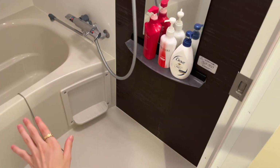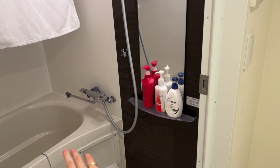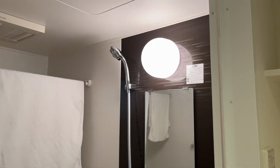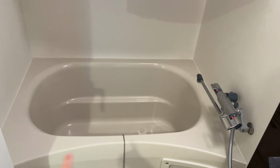So that's the setup that they have at the onsens, or the public hot springs where you take a bath. And yeah, I recommend it. It's an interesting experience for sure. But I usually just stand there like it's a shower, and just pretend it's a shower. I don't do that whole thing. That is the